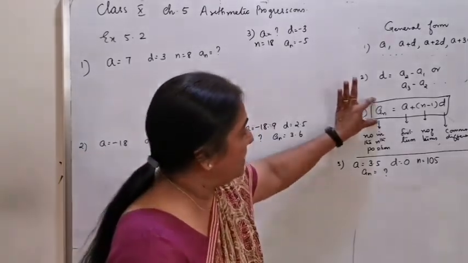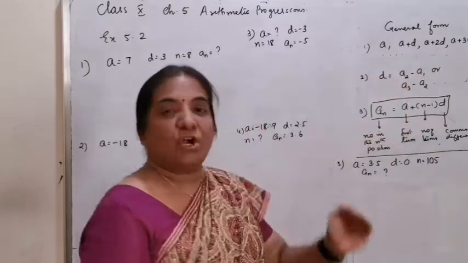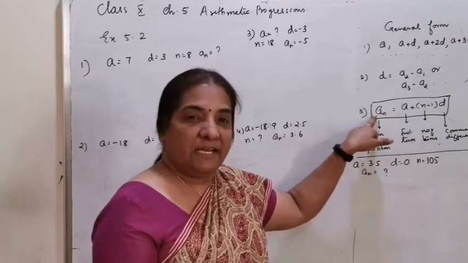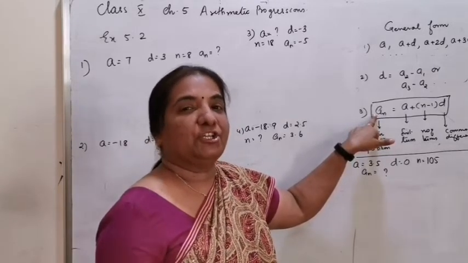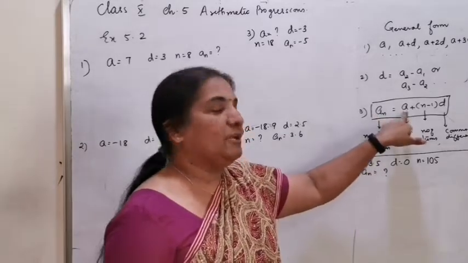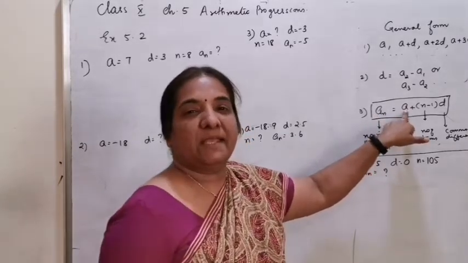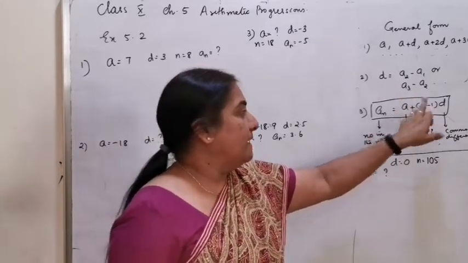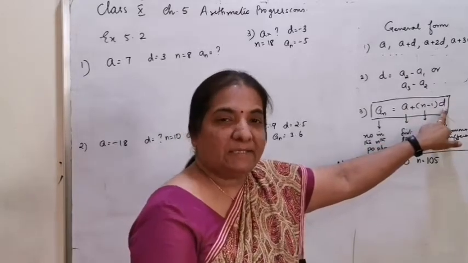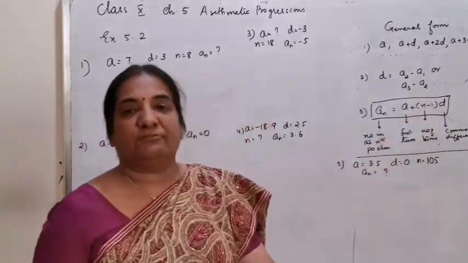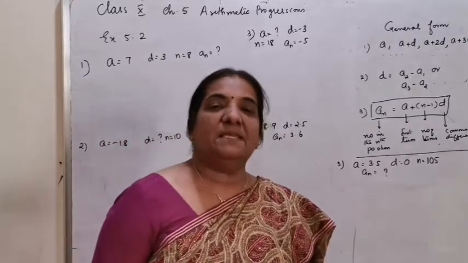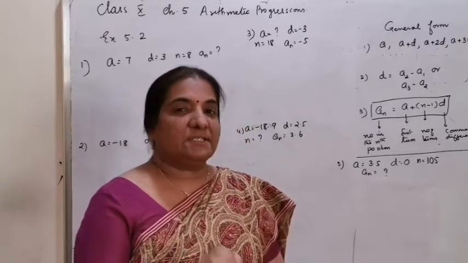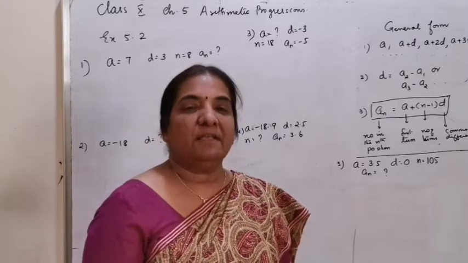In this formula, based on the arithmetic progression, the value of an can be a positive number, negative number, or any fraction or any rational number. The value of a is similar to an, it can be a positive number, negative number, or any rational number. The value of d follows the same, but since n is the number of terms, it should always be a positive value. That means it should be only a positive integer.